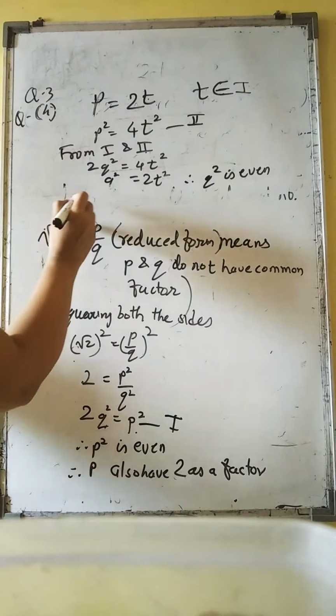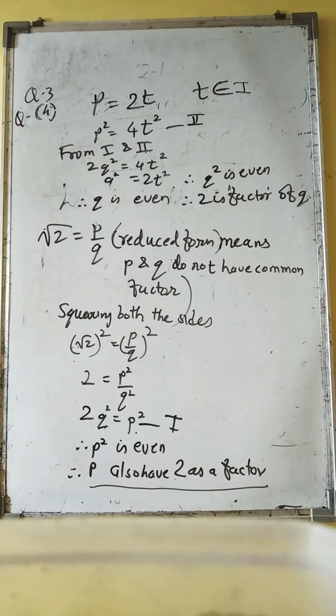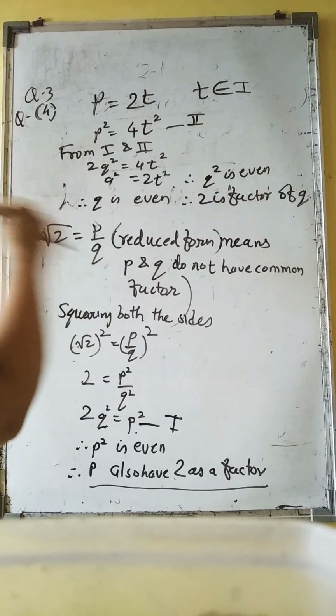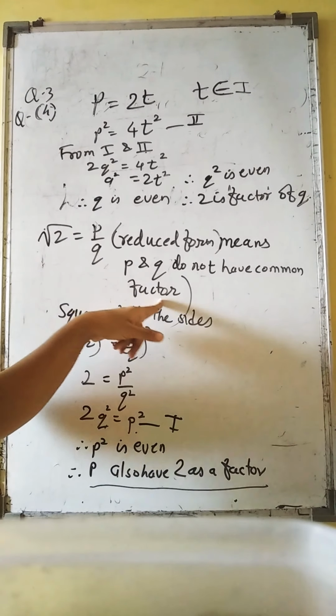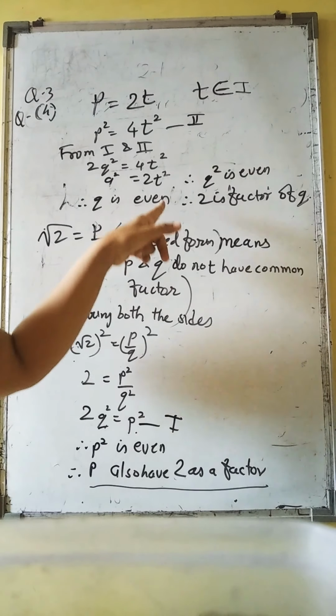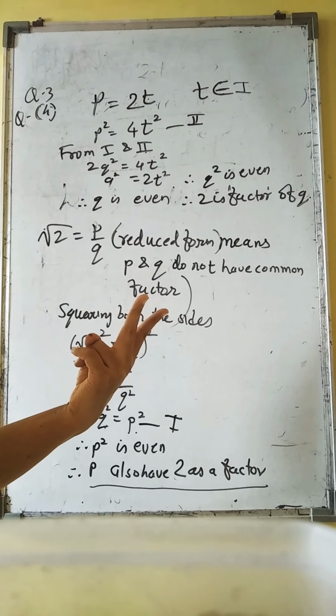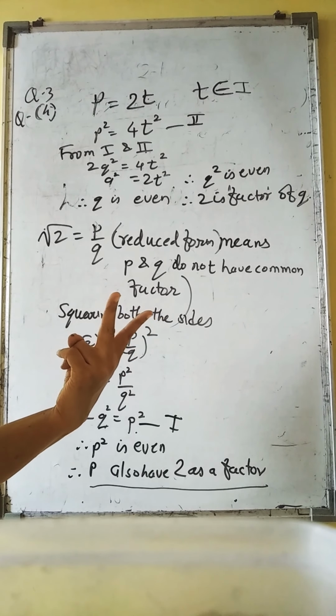Now children, what is the last line here? We also have 2 as a factor. So 2 is a factor of P and also a factor of Q, isn't it? But we had said, assume that they do not have any common factor. We said that it do not have any common factor, and here we got both are having 2 as a common factor. So this is a contradiction, no? Are you following?